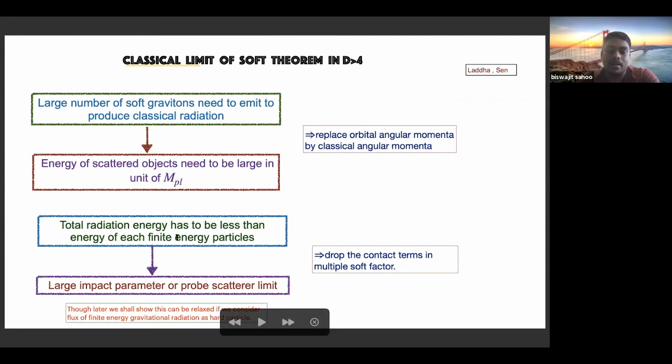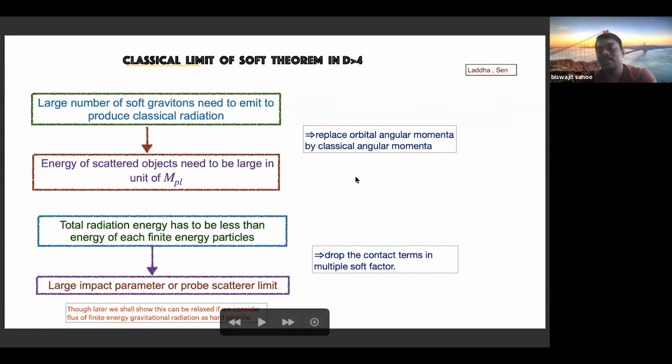And this, if you demand it, then you have to scatter in a large impact parameter regime, or a probe scattering limit, where one of the objects is very heavy and the probe particle is scattering in the background of that heavy object. But this can be relaxed later, and one can still derive the soft theorem. So what this tells us, if we just assume these two conditions in the classical limit,